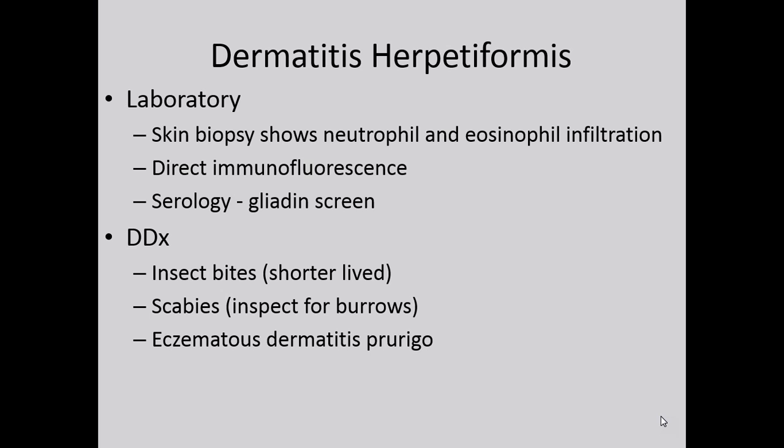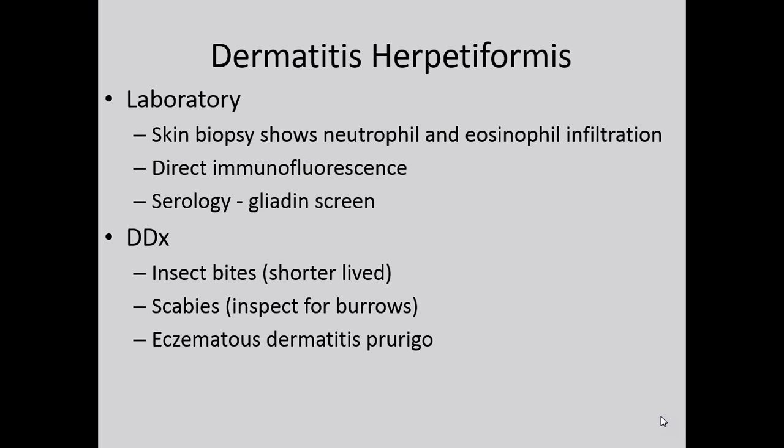And what could this be confused with also? Well, it could be confused with insect bites, especially I found here in Florida there can be massive insect bites, flies, ants also. It can kind of look like it, and even with insect bites, vesicles and bullae can actually be formed. And so we want to try and differentiate that. Again, get a good history, and also usually insect bites are going to be shorter lived than this